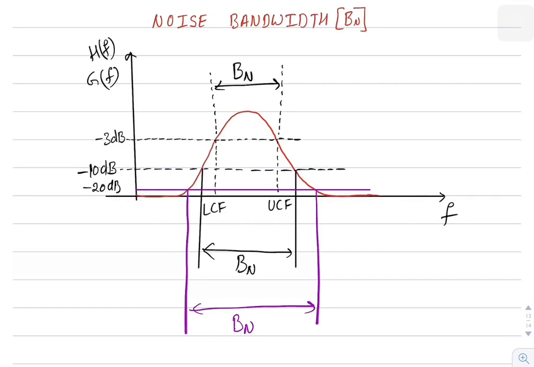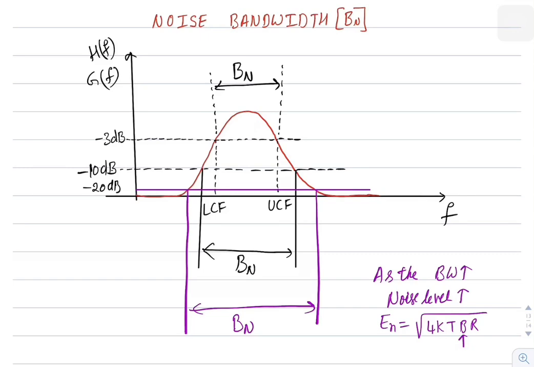And you can see in this graph, as the bandwidth increases, noise level also increases. Let us say it is a filter. As the filter bandwidth increases, noise level also increases, because we know the formula for noise, that is En equal to root over 4kTBR, where B refers to noise bandwidth. That is the reason in communication systems, if you can maintain a low bandwidth for the system, the noise generated in the system is also low.